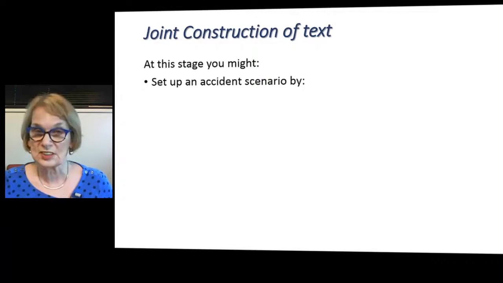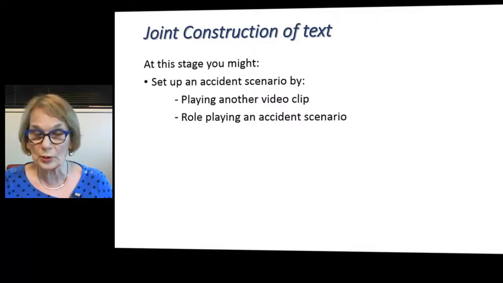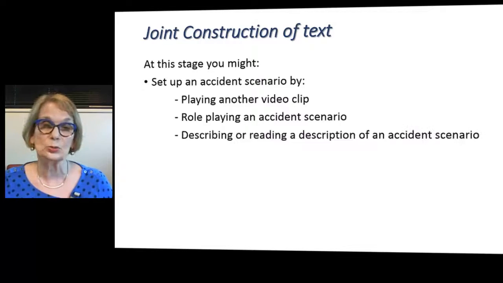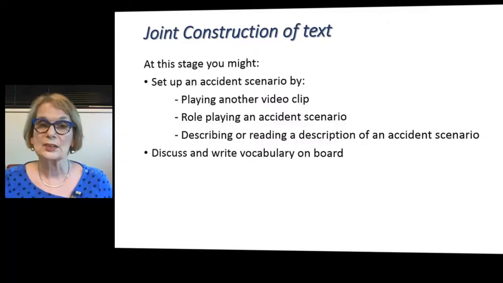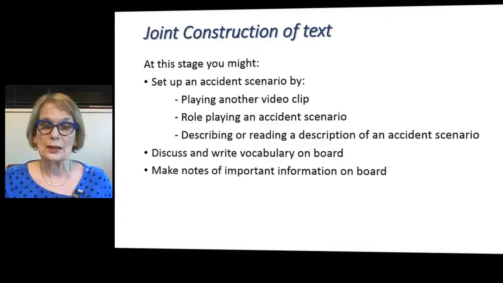So you have to set up another scenario by playing another video clip or role-playing an accident scenario or describing or reading a description. Somehow set up another scenario for them so that you can discuss it and write vocabulary on the board. The more they can talk about something before they have to write about it, the better. So you're also modelling the planning phase. You're making notes of important information on the board,